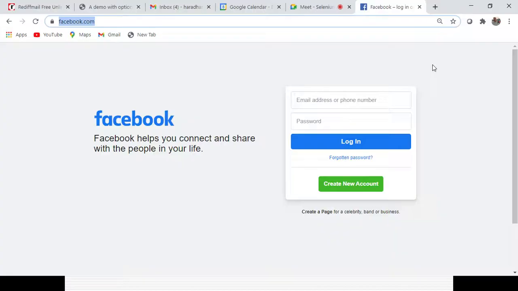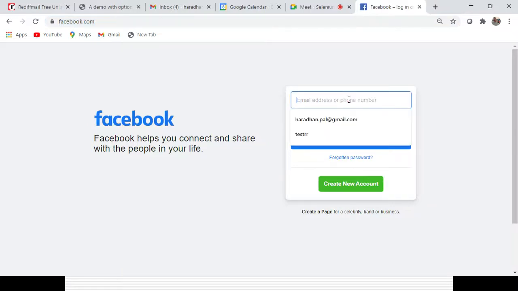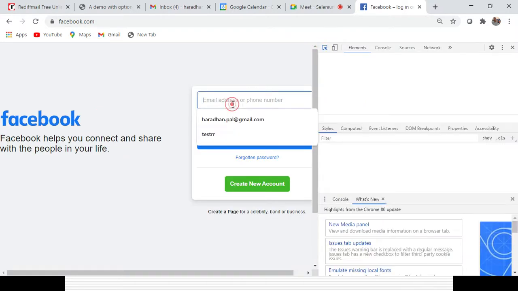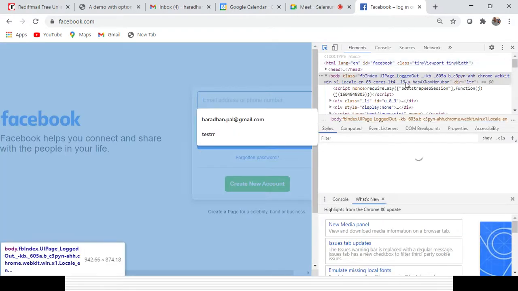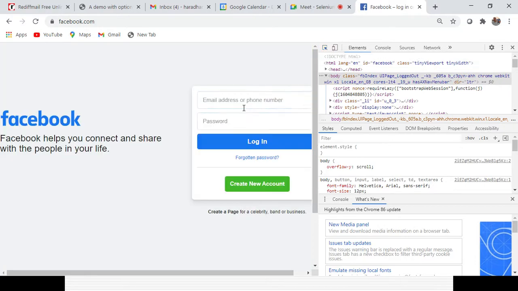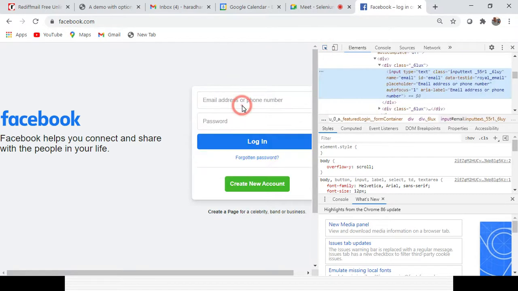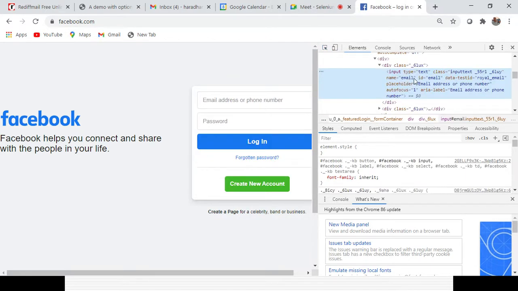So first I will create the XPath. I need to press the F12 button here and create the XPath. What is the syntax for that particular email field? What are the properties available here? These are the properties, say name equal to email or ID equal to email.